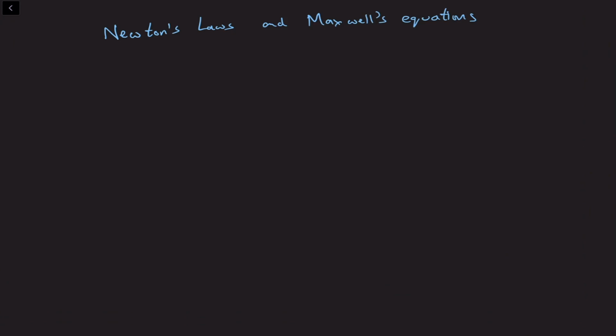So if we look at Newton's second law, it tells us that force is mass times acceleration. Now, under rotations, we would easily see that the force would transform to some rotated force vector, and the acceleration would transform to some rotated acceleration vector. So the laws preserve their same form under rotations. Okay. However, under Lorentz transformation, what we would need